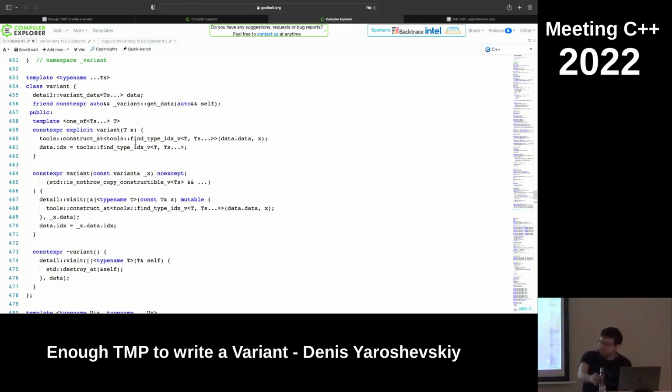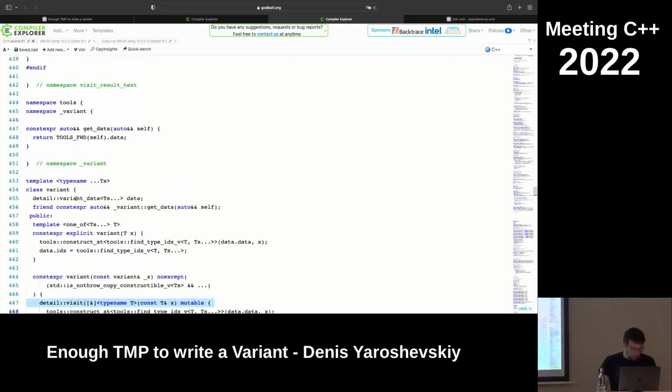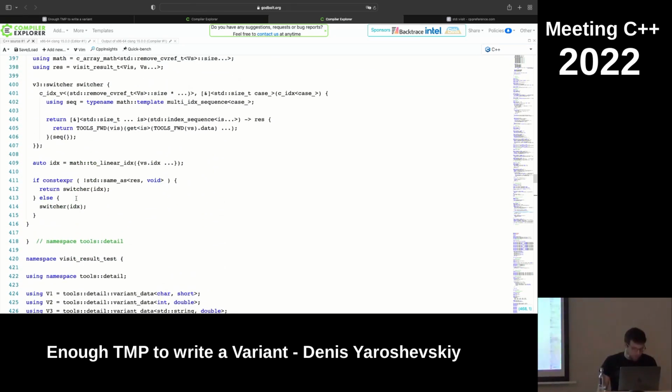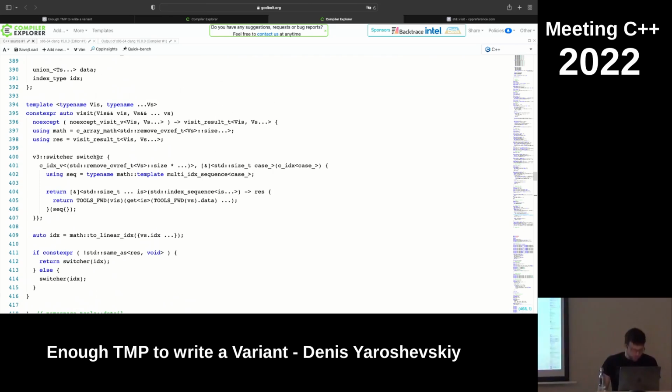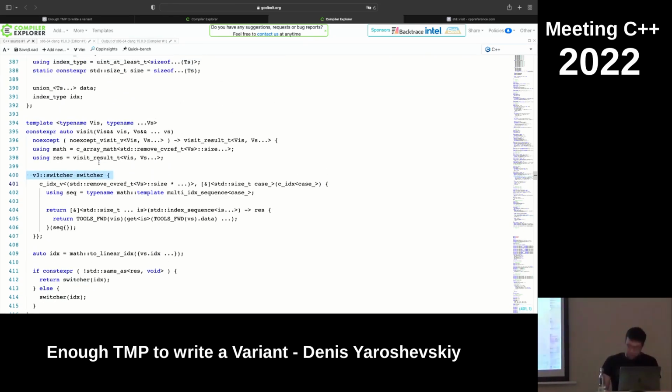I'm wondering what the debugging experience is like for debugging these things. Can you speak to that at all? Well, you can put a breakpoint inside a lambda, and then you will see, let's say, details visit, and after details visit, you will see the switcher, and then you should see your lambda.